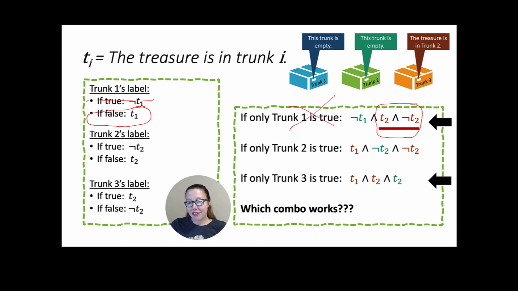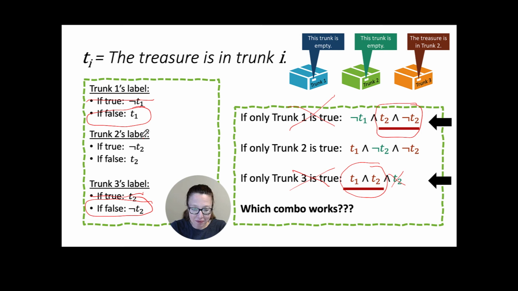Let's take a look at the last example. Let's assume that trunk 3 is the only trunk with a label that's telling the truth. If that's the case, we see that it is both in trunk 1 and in trunk 2. We're not even dealing with the fact that there's a repetition of trunk 2, which we can ignore. Because can the treasure be in both trunk 1 and trunk 2 at the same time? It can't. And so this doesn't work. And so trunk 3 must not be telling the truth. And so now we know